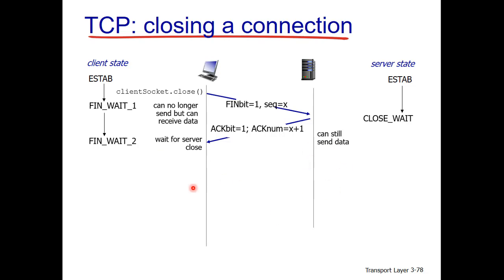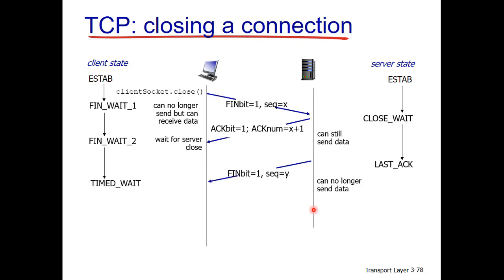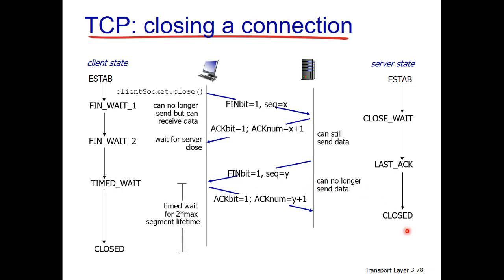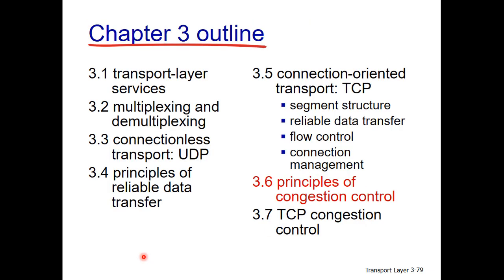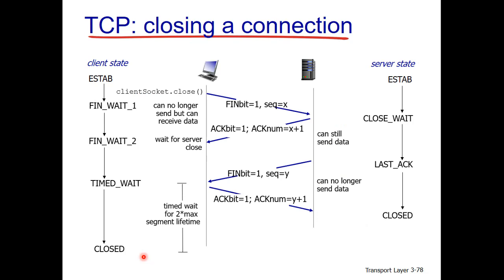So the server will again send a fin bit and the client will acknowledge that fin bit, and because of that the connection of both will close. If it doesn't, then the data will remain on its side. So at this time the server can send data. Once it sends a fin bit equal to 1 with a sequence number, at that point the connection is closed on the server and on the receiver side. So both the parties need to close the connection. It will not happen that a single party can close the connection. Both parties need to agree to close the connection, and both need to send a fin bit equal to